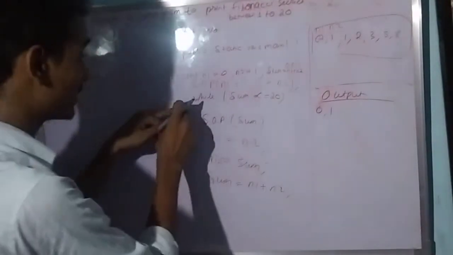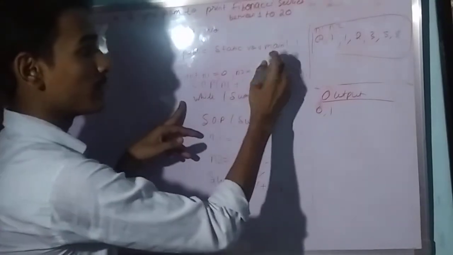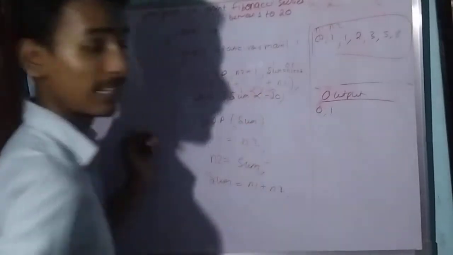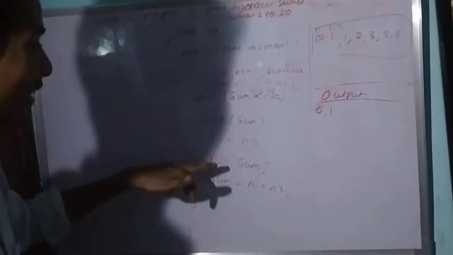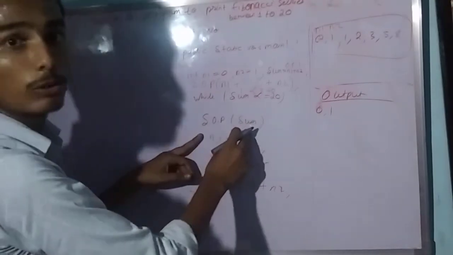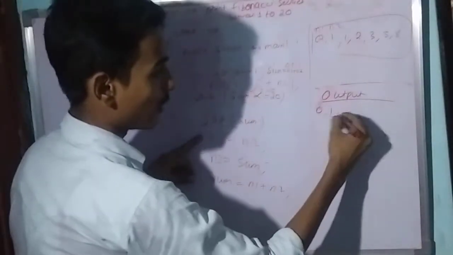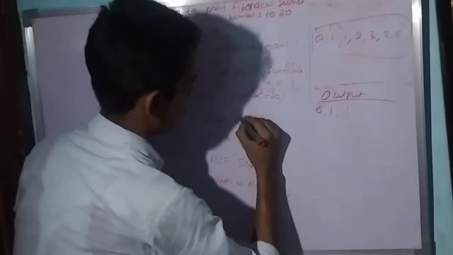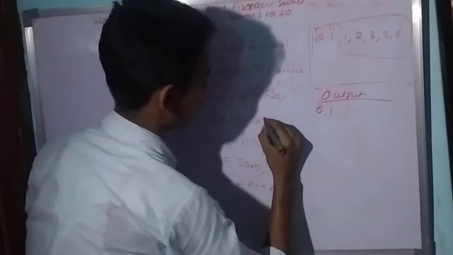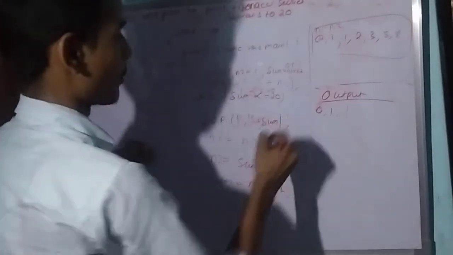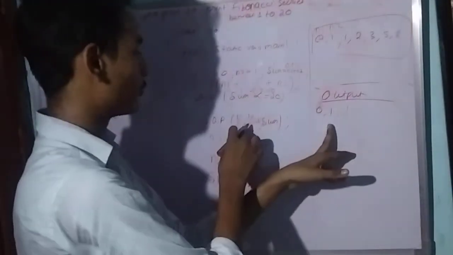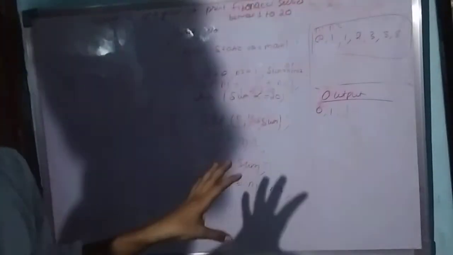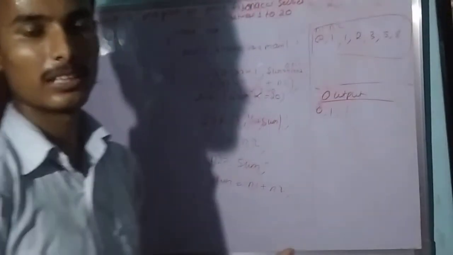Okay. Then see, it will check the condition. Value of sum is 1. Then the condition is 1 less than or equal to 20. Condition is true. It will come inside the loop. Then it will print the value of sum. Sum value is how much? 1. One more thing you should do: comma, then plus sum, because after each value we have to print a comma. If you do not do this, it is not compulsory, but if you do it, it will look nice.